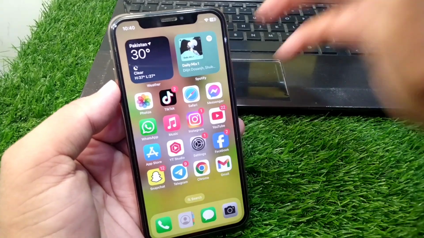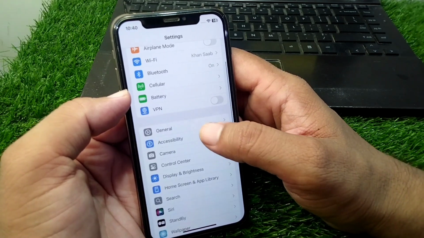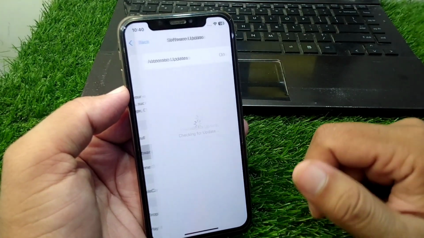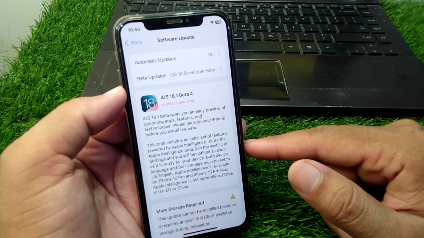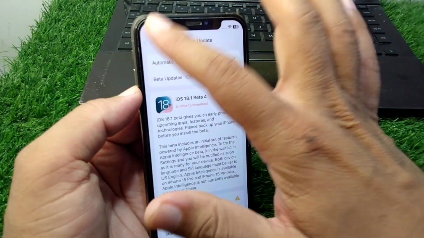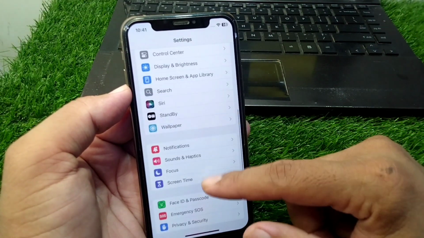So guys, for that you have to simply open settings in your device, and now you have to tap on general, and then you have to tap on software update and update your software to the latest version, that is iOS 18. So guys, do this, and after this go back, and then you have to scroll below,